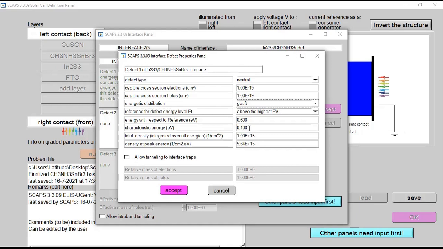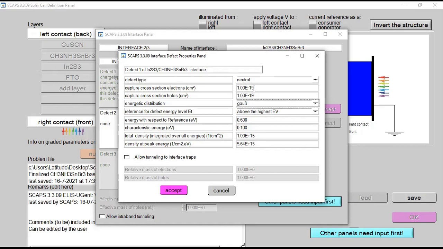Okay. Have you studied any paper about SCAPS simulation, and have you seen that for the interfacing layer between ETL and perovskite, the energy distribution should be Gaussian? Have you seen any paper? Yes, yes, I have seen. Okay, most of the papers put Gaussian and defect type as neutral. Yes, it is the same thing. And I just told you that this is a case only for the interfacing layer between ETL and the perovskite. It is not about perovskite with HTL, and it is not about FTO glass with the ETL. So it is the most important thing.